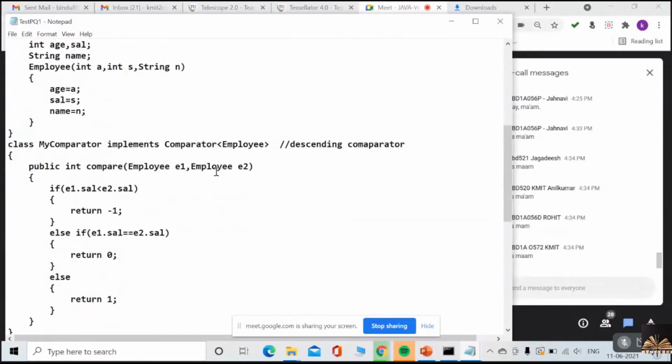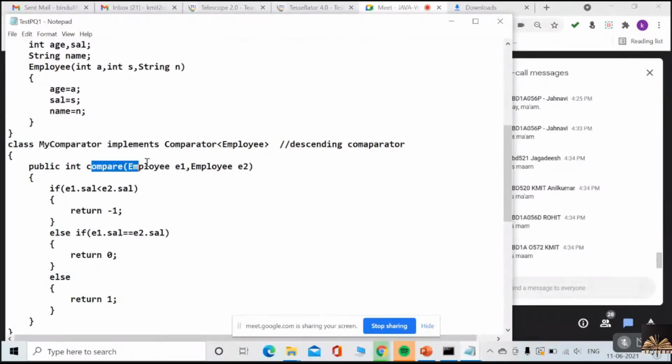And you need to set the comparator. Suppose here you can say age comparator also, salary comparator also. You can say salary comparator, of course. The name may be anything. My comparator or salary comparator you can give.